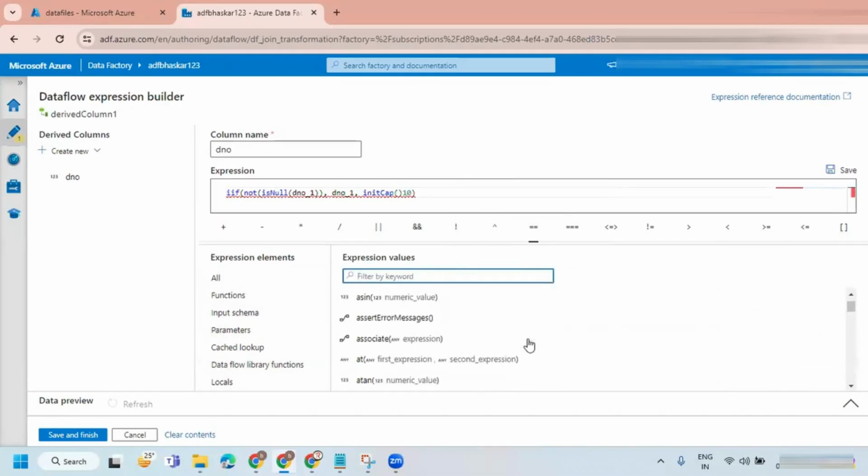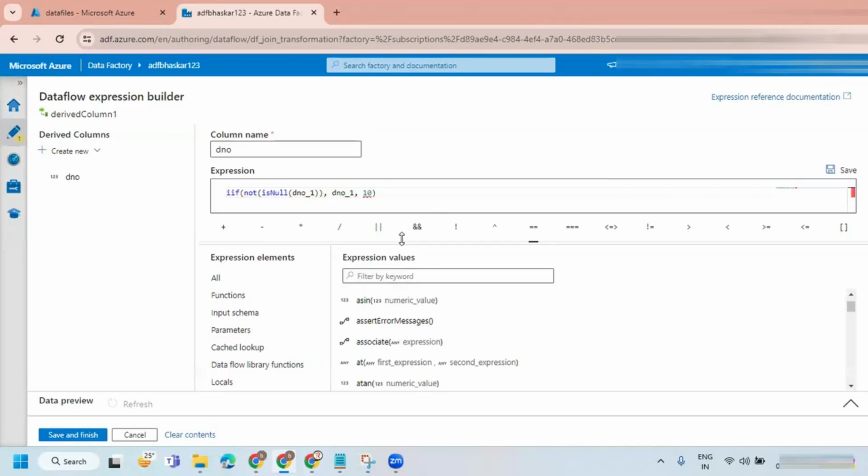Some function is there, a convert function. How can you define a sort data type? Okay, let me keep null.